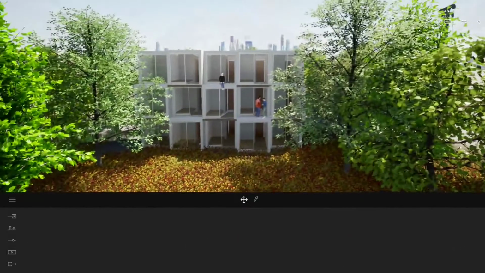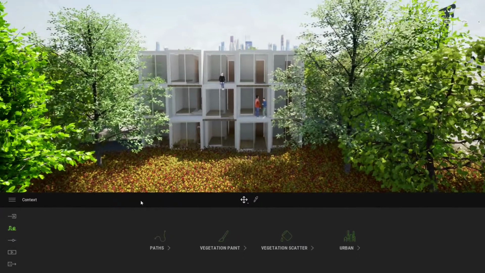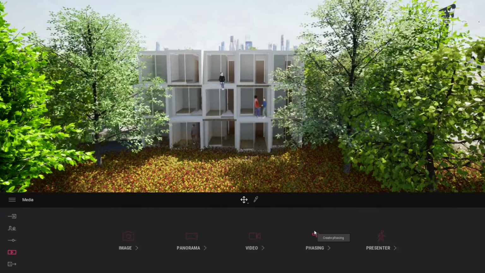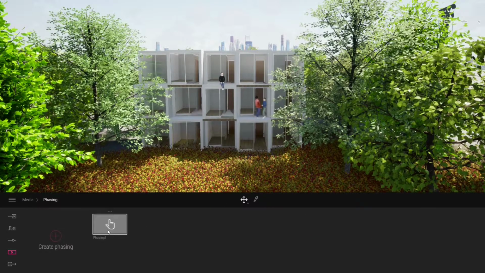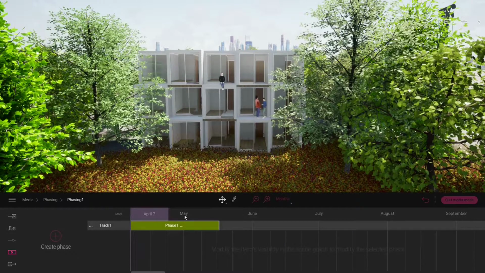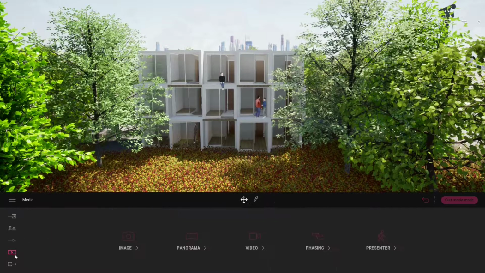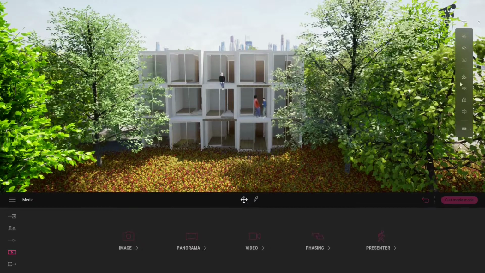The next new Twinmotion feature is the phasing aspect, which we've had before, but now you can send your phasing into the presenter, and you can send the presenter into the cloud, which is pretty cool. So you can just go right here, start your phasing. We'll go phase 1, phase 3, phase 2, phase 3, and then you can simply create the phase and then put it inside your presenter, and then to push it to the cloud, you click on the eye right here,